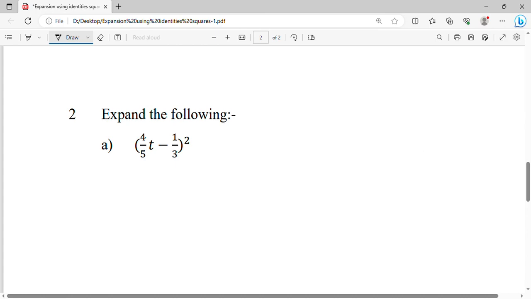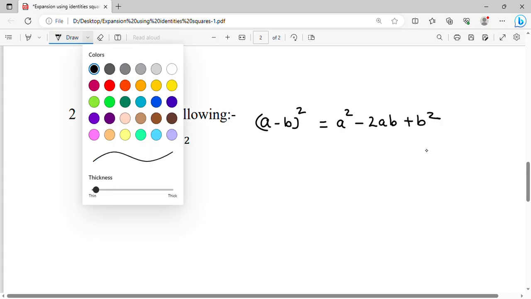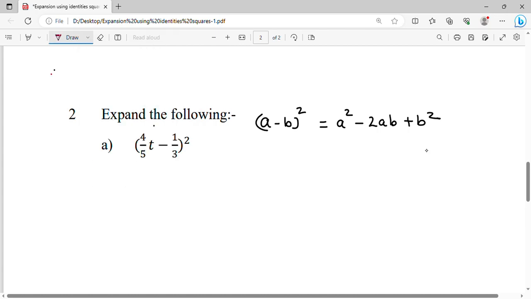So we look at this and we see that we could identify this as a minus b the whole squared, right? So a minus b the whole squared is a squared minus 2ab plus b squared. So let's identify what is our a and what's our b. So you will see that a is 4 by 5 t and b is 1/3. So let's